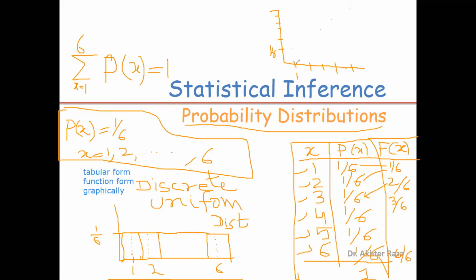So this can be constructed as a step graph. This is your step graph, and it will always be a step graph in a discrete distribution. It is always increasing in order, because cumulative probabilities are always increasing, and its maximum value will always be equal to 1. So that is basically a cumulative distribution.